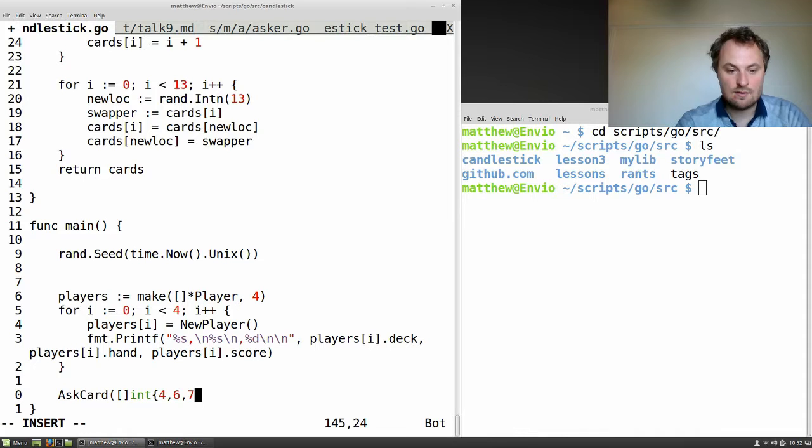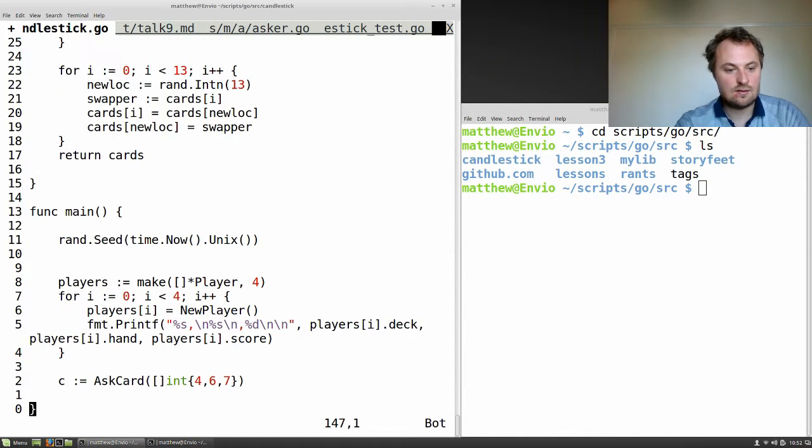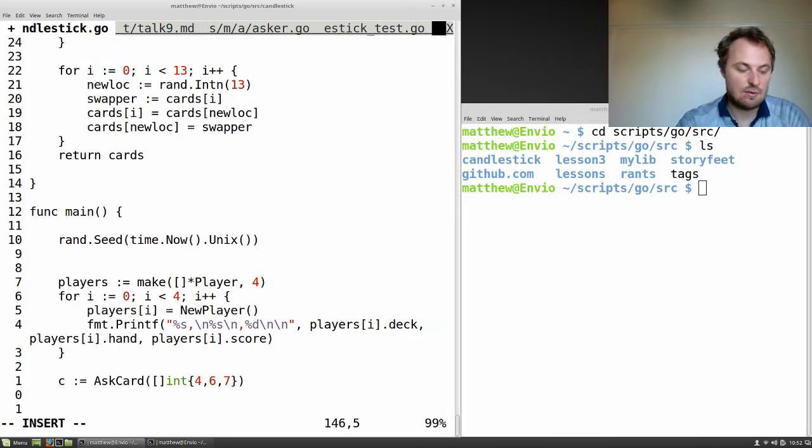So we need to try all of those, and I colon equals, can't use I here, C. We probably could use I actually, but I won't. C, and then